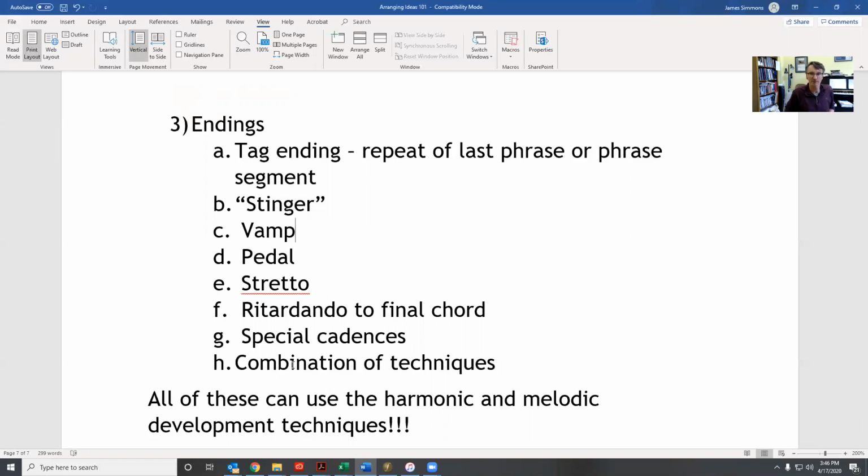Going back to our vamp figure. And then, of course, last chord. Let's not forget just going to that final chord, usually a retard on that. A pedal is a great thing to do at the end. Now remember, we talked about pedals in the harmonic section, the last video, and imagine ending